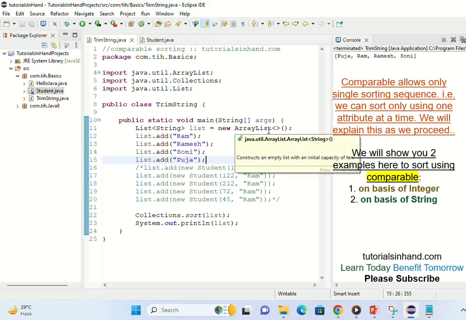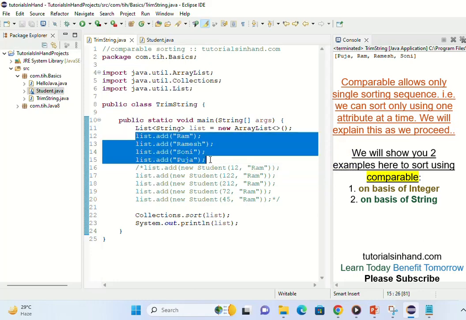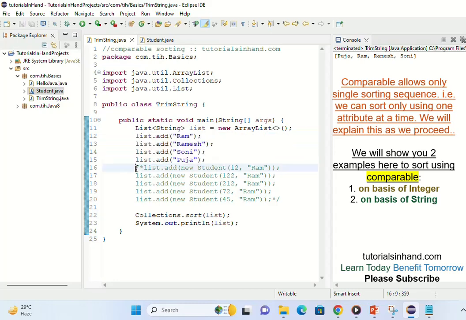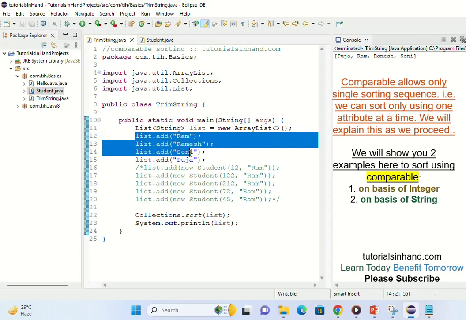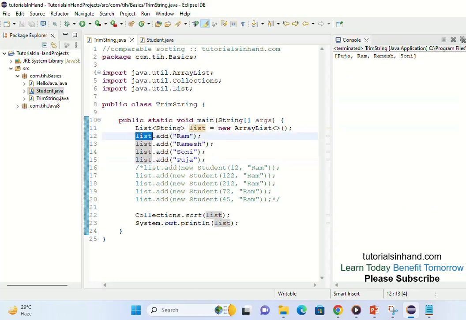This is one of the very famous Java topics, that is sorting strings and then sorting a collection of objects. So we have the list of strings and then we have already got this list of student objects. The first thing is sorting the list of strings, which is very easy. We just get the list, add the string elements and then use Collections.sort(list) and it will get sorted in the lexicographical order.